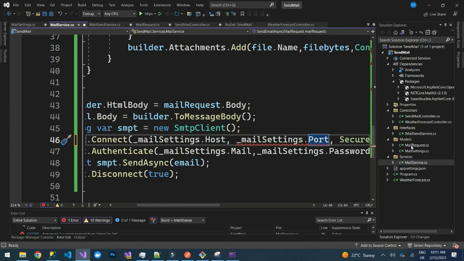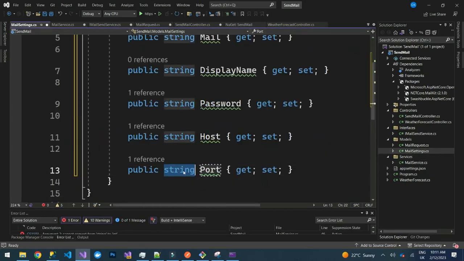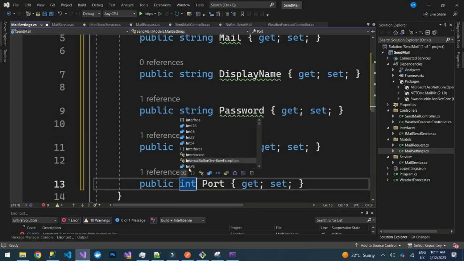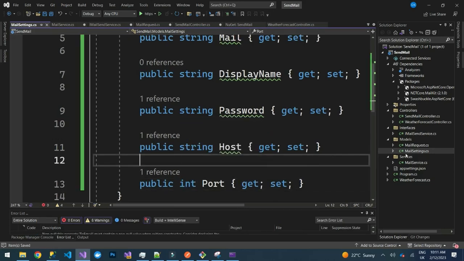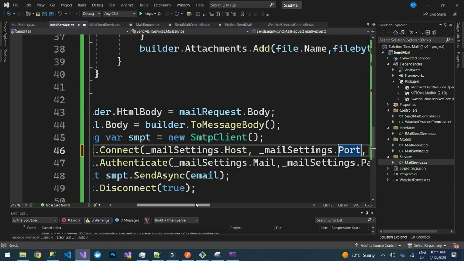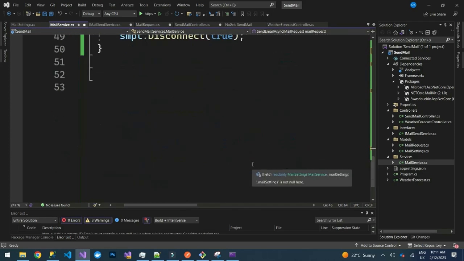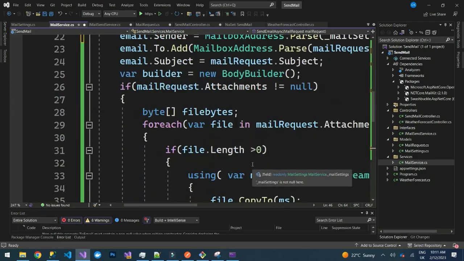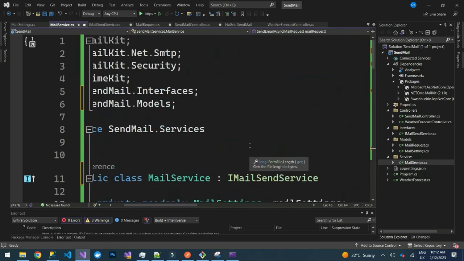I think that is why we have the issue here. This should be int. Then if you come here, that should be fine. You can see we have now everything set. So on our controller,